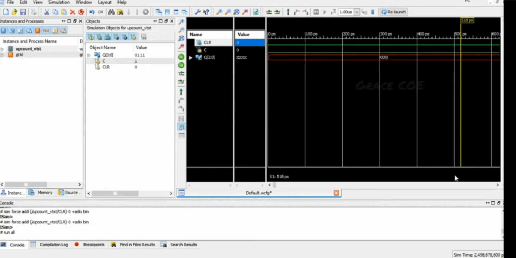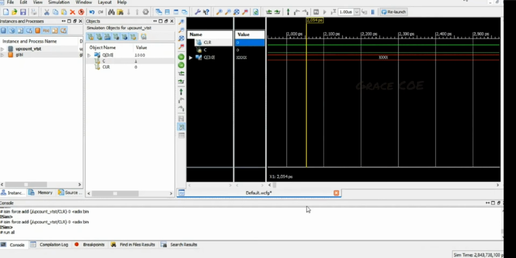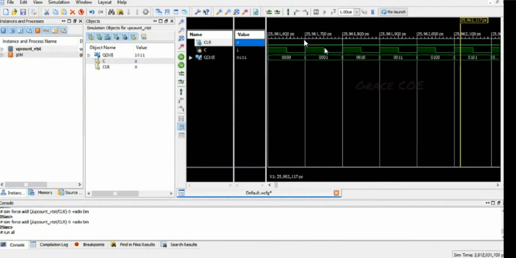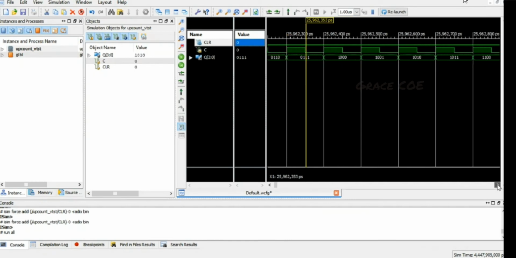So this is the Verilog simulation for the up counter. For each clock pulse you are getting one count. So it keeps continuing until we give a clear signal.